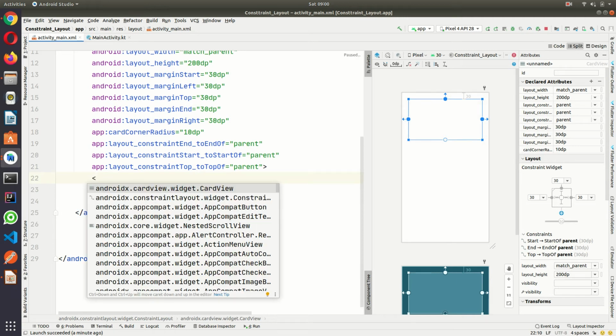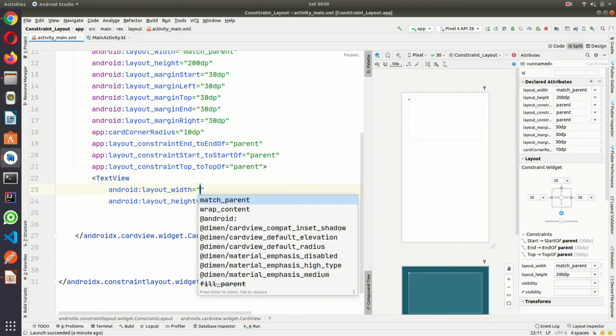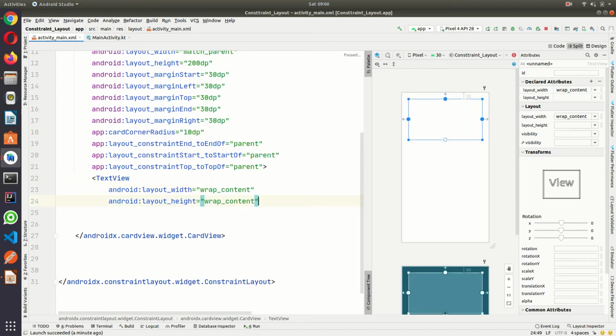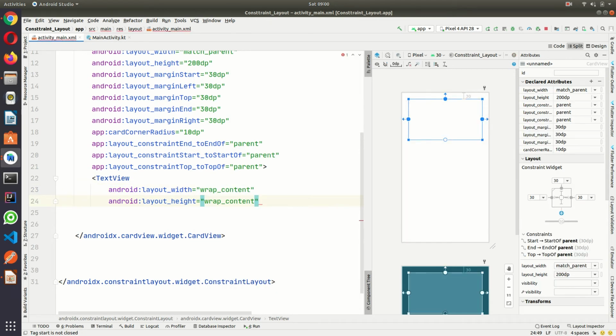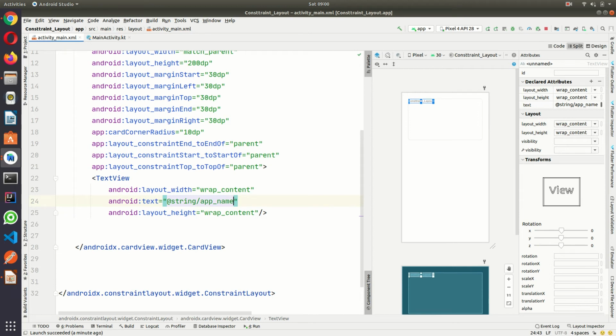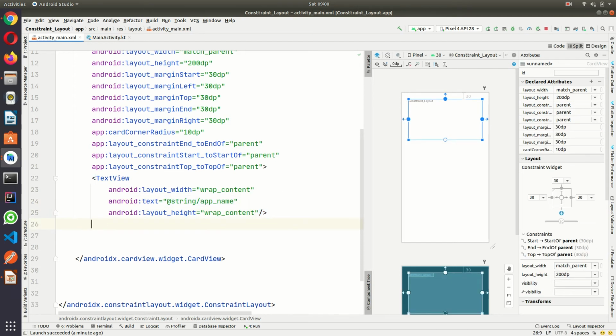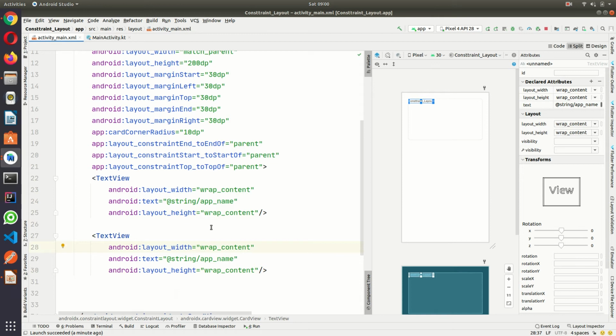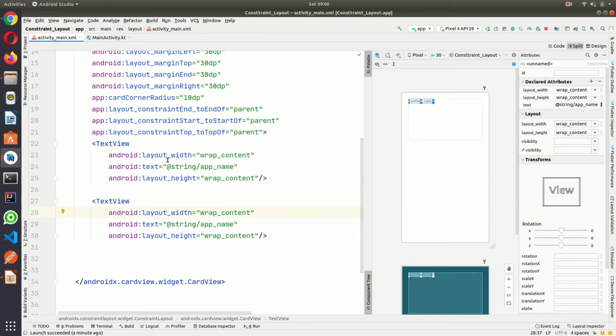So if I use a text view directly, let me write here. If I take one more, it's not taking constraint properties.